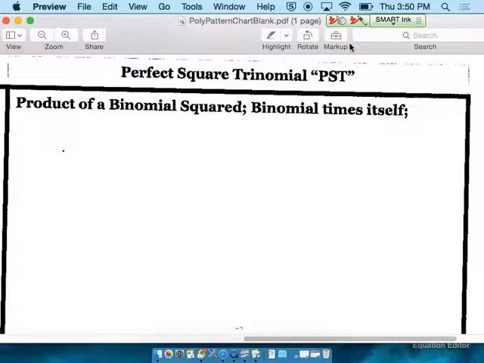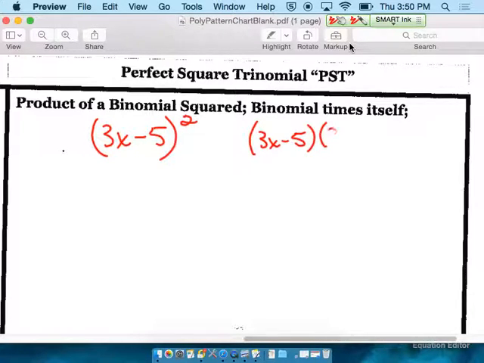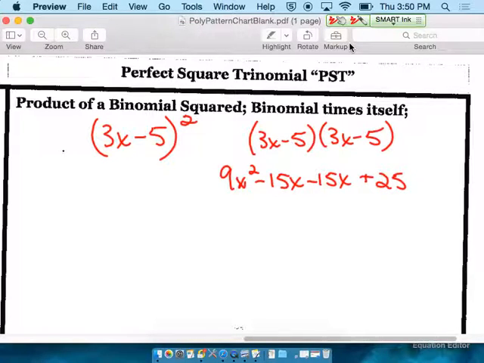Let's do one with a lead coefficient that's not 1. So let's say I have 3x minus 5 squared. This notation is telling me to expand this and then to multiply. So my first term, my quadratic term, is 9x squared, and then I'm going to have negative 15x and negative 15x again, and I'm going to end it with positive 25. When I combine like terms,